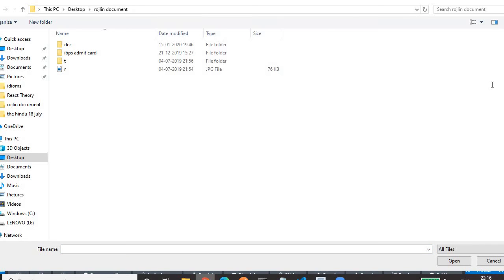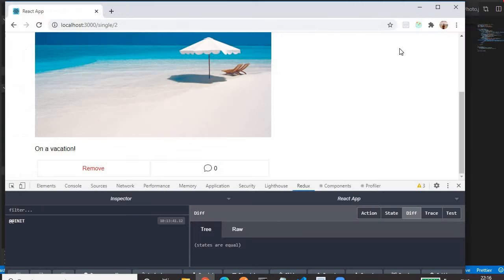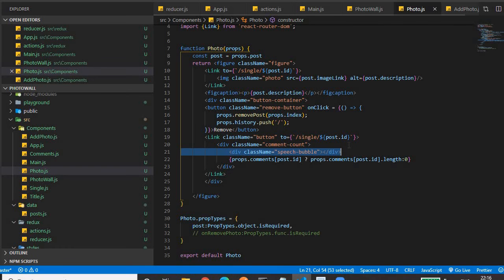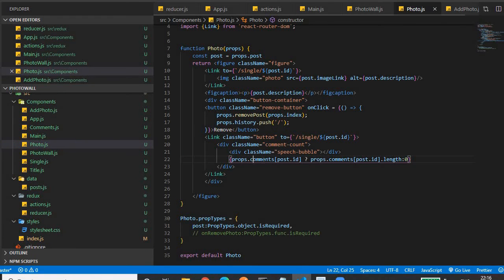And here we have written some CSS class, bubble, for displaying this message icon. These are some of the CSS that I have added, so I will show that CSS also. We'll go to that CSS file.